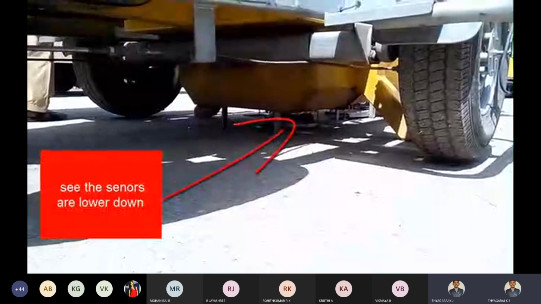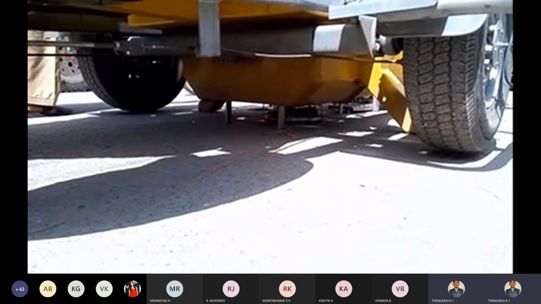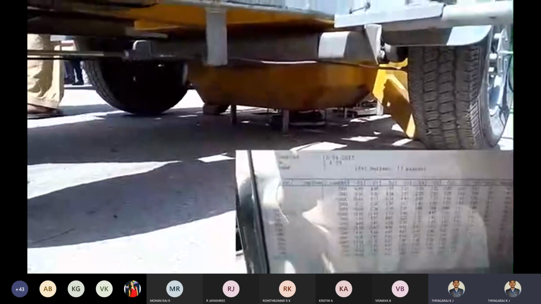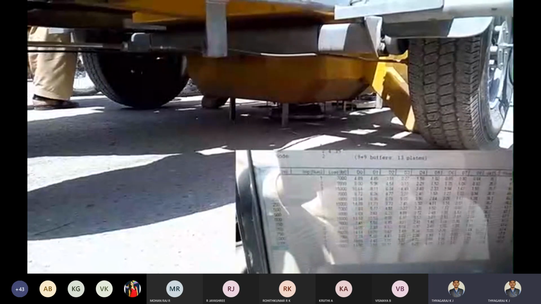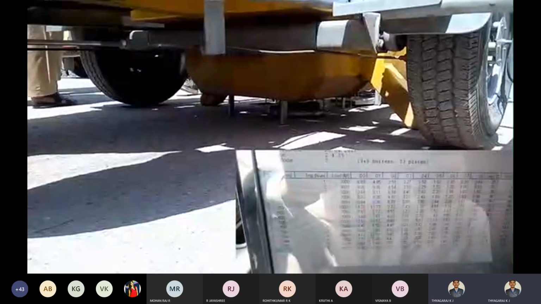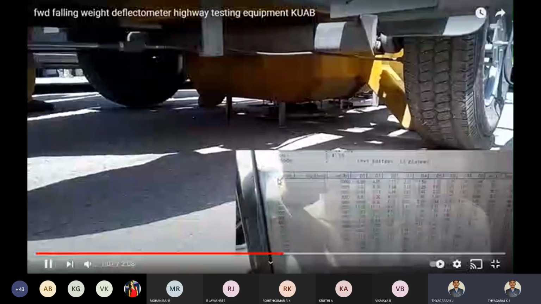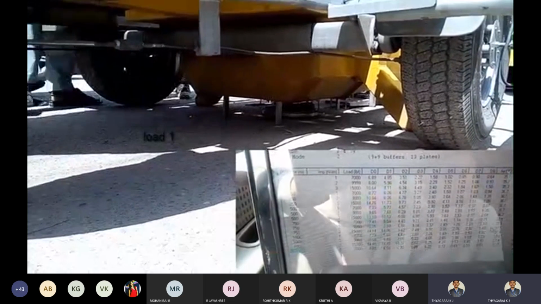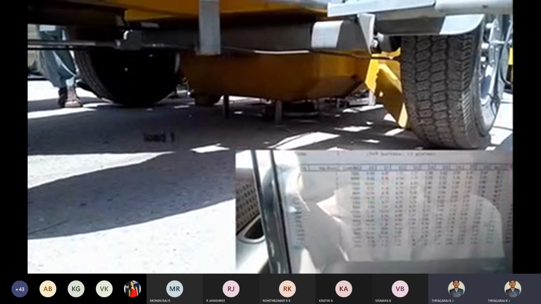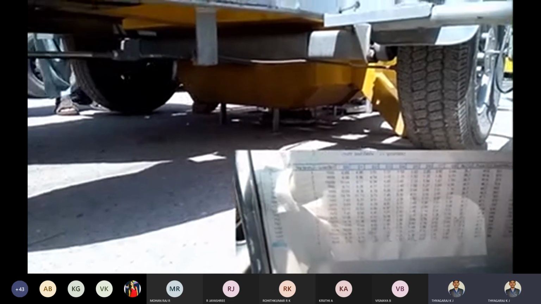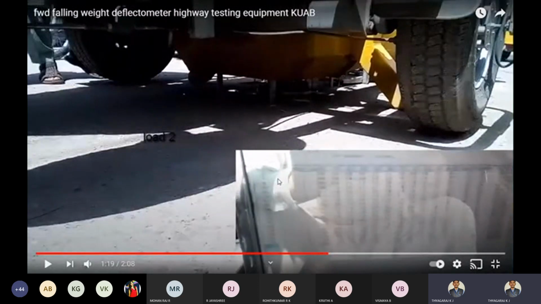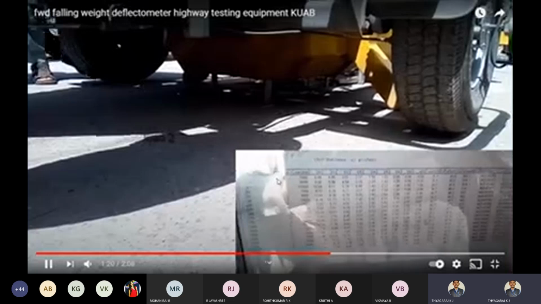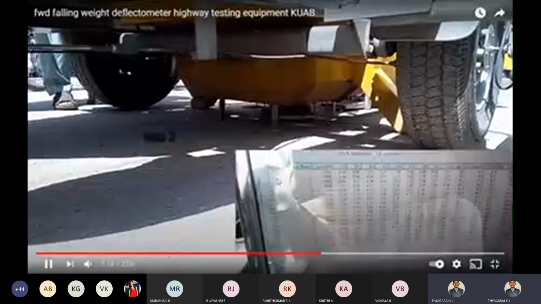So the sensors are lowered down. You can see how the readings will be recorded in the system. You can observe there, the load is applied now. You can see carefully, the load is applied.